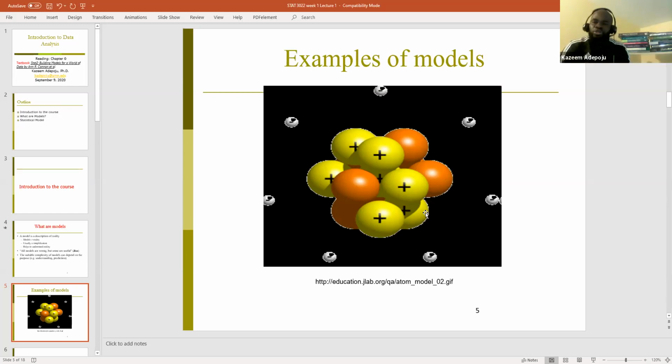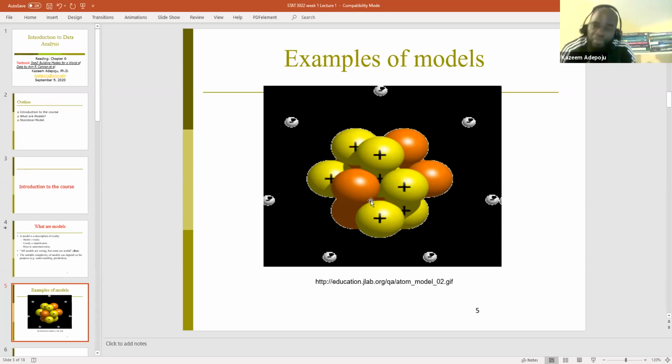An atom is the smallest particle of an element that can take part in a chemical reaction. And we have a picture of an atom. Something that exists is reality, and what we are trying to do is to model reality. So when I use a picture to depict an atom, this is what we have. Then it means I'm modeling. This is a model, because I'm using a picture to depict a reality, to depict something that exists.